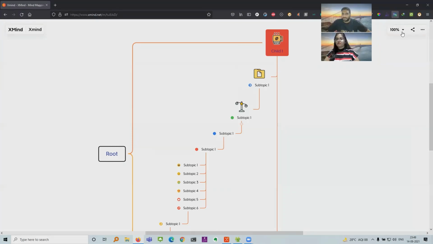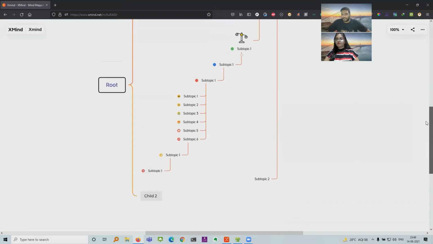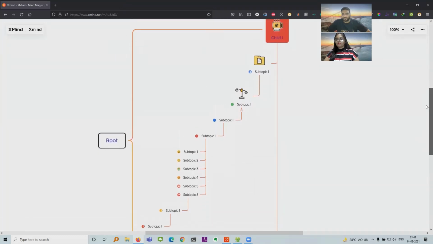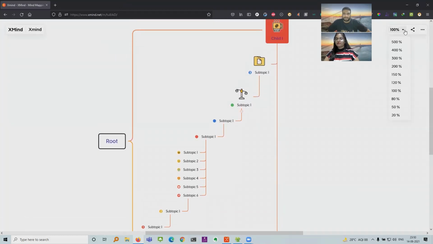And I mean, that reduces the barrier between you and the other person in using this. And they can minimize, maximize, or share it on their blog or Facebook, Twitter, LinkedIn. So that's possible. And yeah, so that's pretty much from my side. Yes, Apurva, you want to add on?